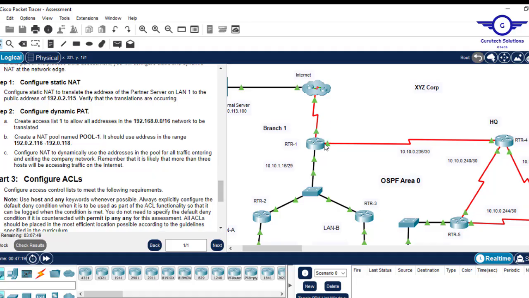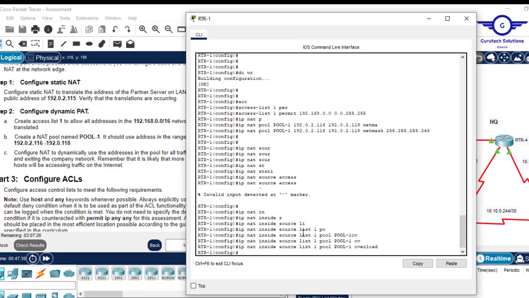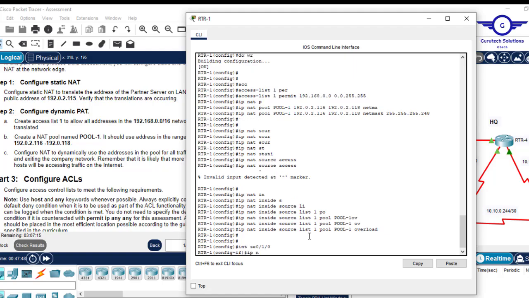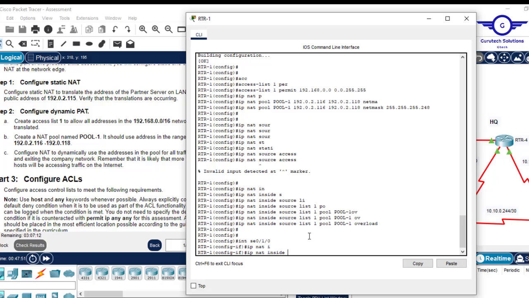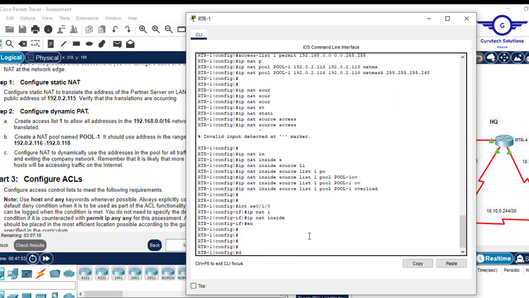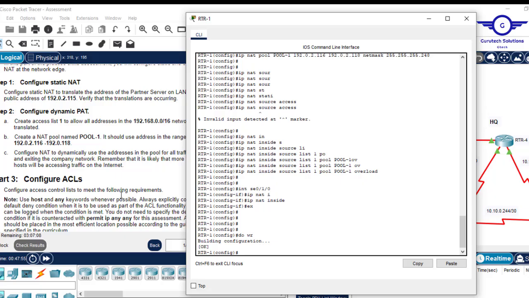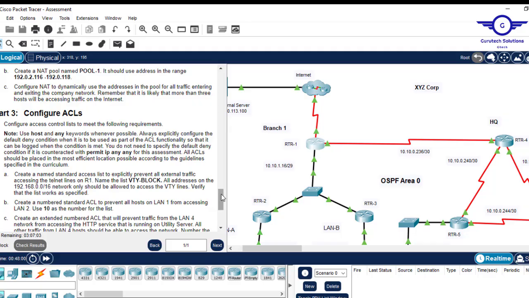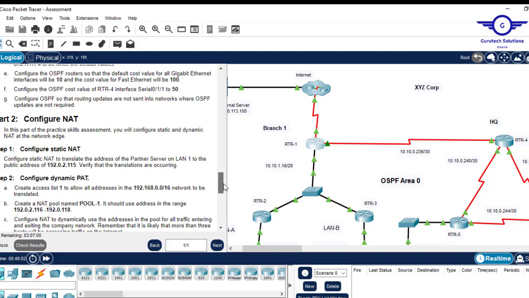Which one here? Or this one. So we can take serial 0/1/0. So I'll click on the router again. Interface serial 0/1/0. IP NAT inside. Exit. Do write. Okay. We've configured step 2. So what's remaining basically is part 3, which is